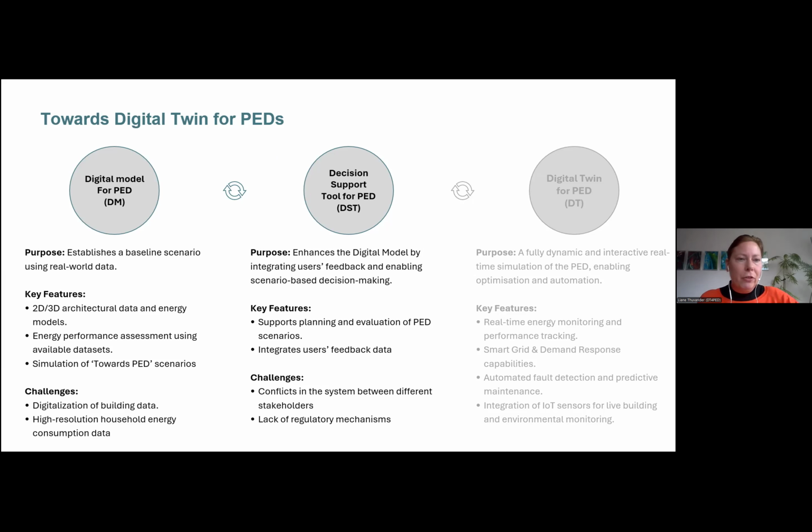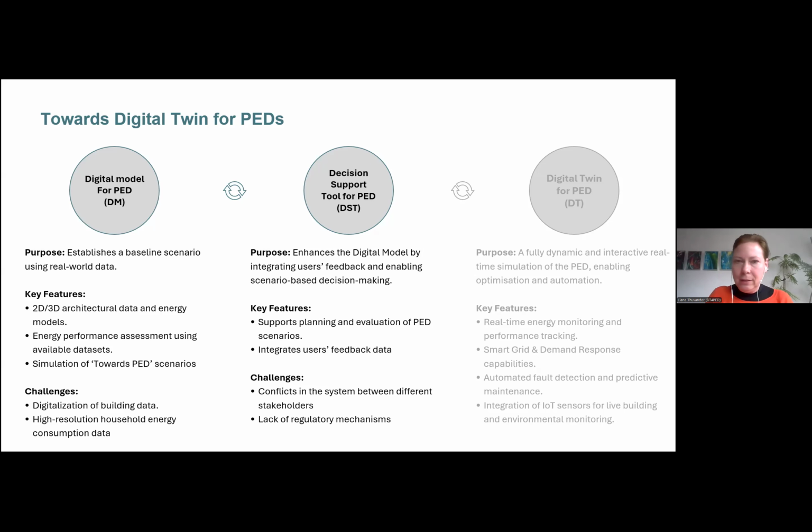Here, very short, are the different parts of our journey. And we have different challenges here. The model is, of course, focused on the baseline scenario. What is out there already? How can we transform it? And here, as usual, the data collection is tricky. Also in the high resolution we work with, 1 hour resolution. It could be even more, but for existing it's quite high. Anyhow, then also enhancing modeling to integrate feedback from users and focus on different scenarios.